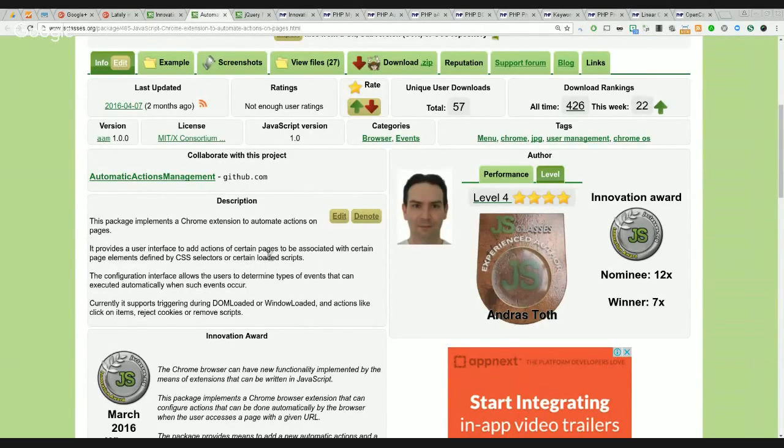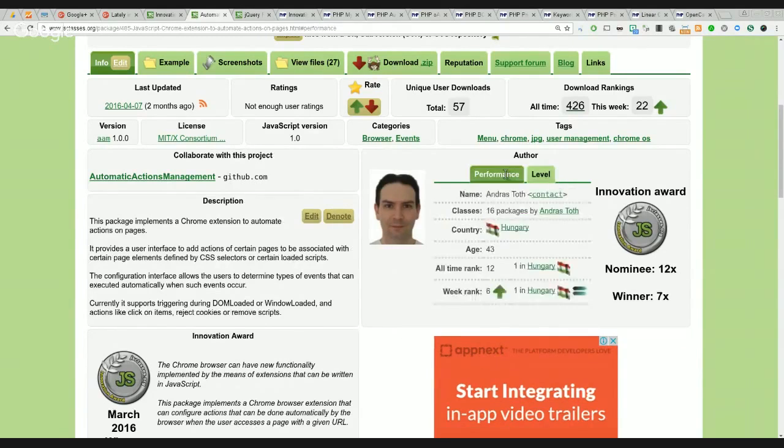Anyway, the idea here is that what this extension allows is, once you access a page, it can perform certain automatic actions. For instance, if you go to a certain page and want to automatically click on the button that says that you accept cookies, like it is required in Europe, you can do that. You can program the extension to do that for you, so if you want to reload the page, you don't have to do that all the time. And this is a very interesting extension developed by Anders Stoff